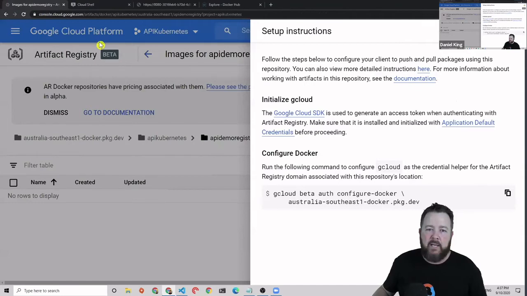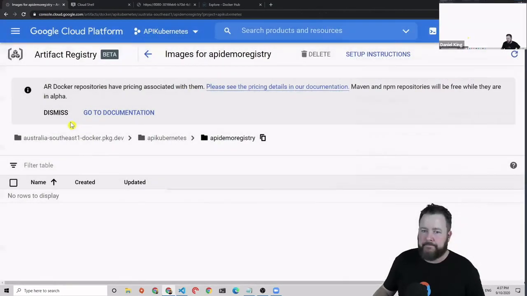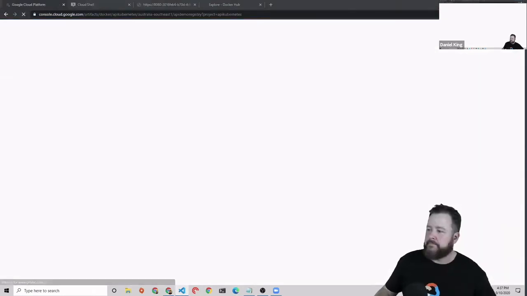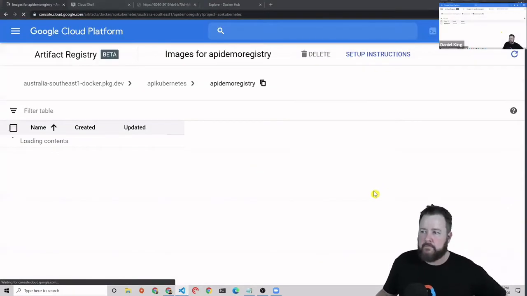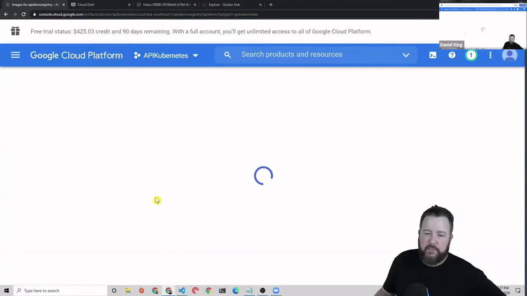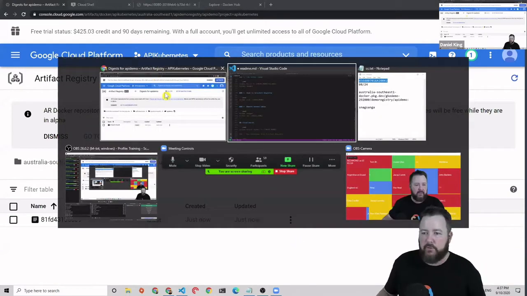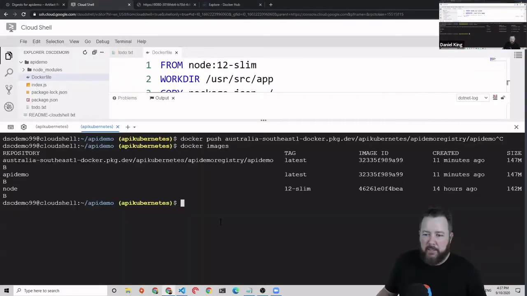Let's go to our registry. I'm going to do a refresh here. And we have, fingers crossed. Hey, we now have our image located in a central location hosted in Google Cloud Artifact Registry, securely encrypted. It's just been pushed up right now. How is that useful? Well, it's useful because I'm now going to